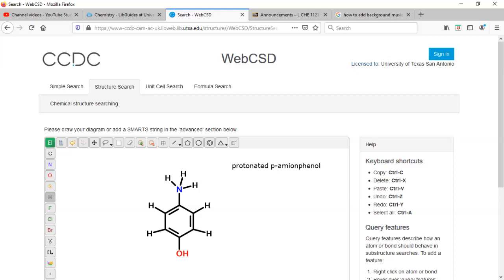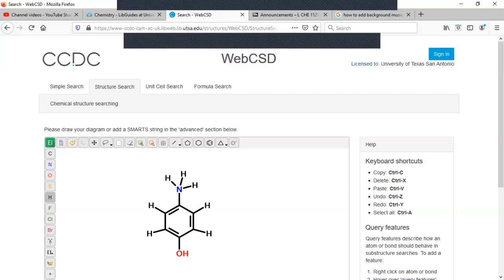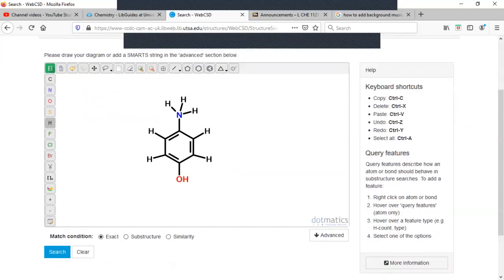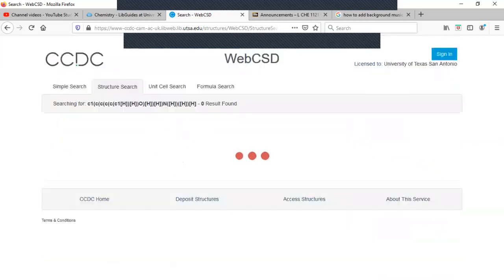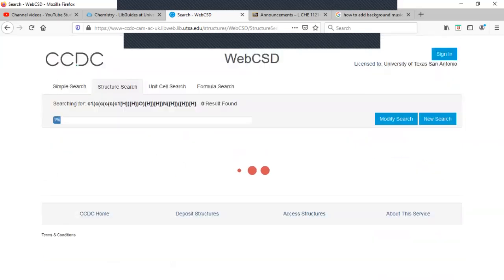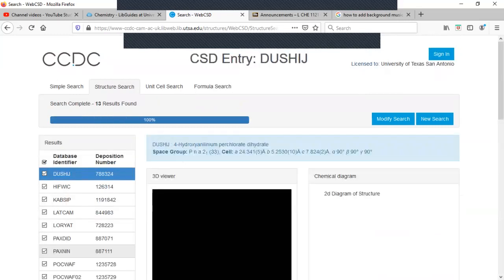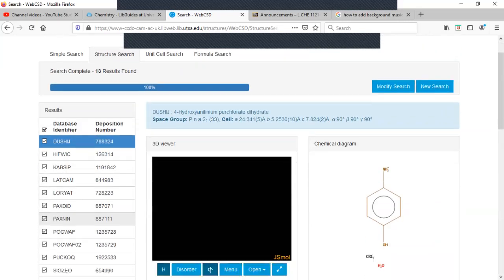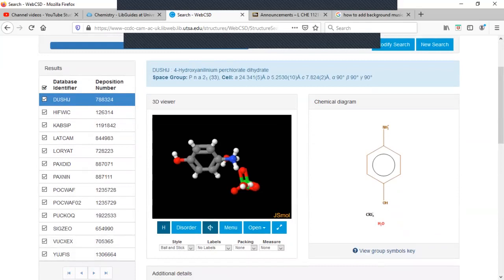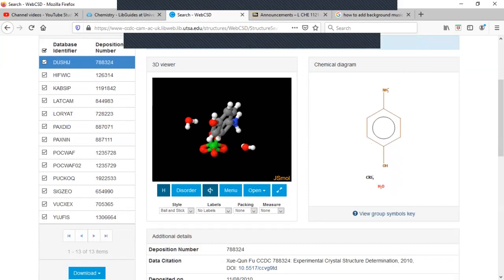So now we're going to go down and scroll for a protonated version of para-aminophenol. And actually you're looking for this structure with a particular anion. And in the question they'll tell you which anion you're looking for with it. And it's just that anion and the structure. So for example here, if we were looking for perchlorate, this one wouldn't be a match because